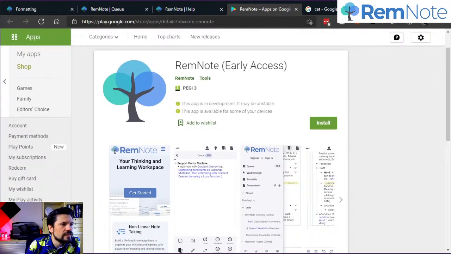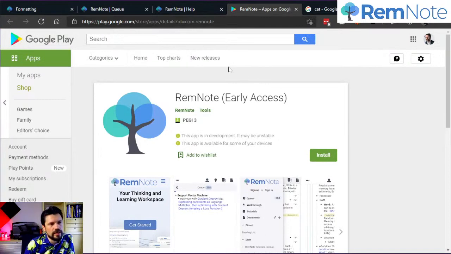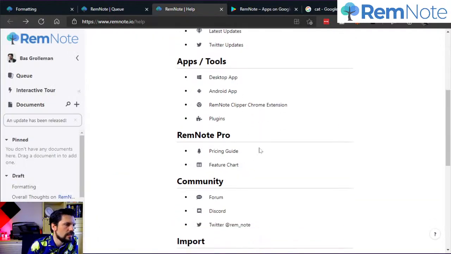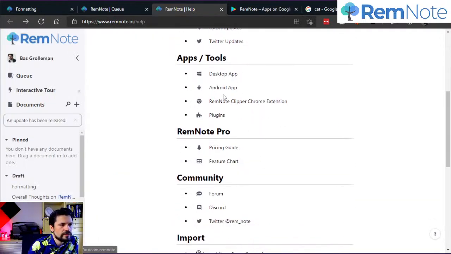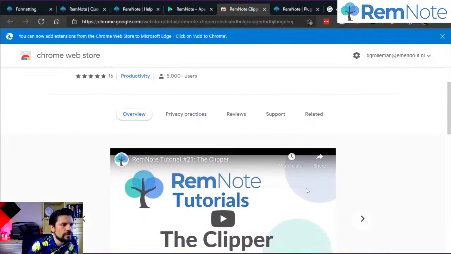This is definitely very well done. You can see, okay, it's early access, but still, it's there. Then there's a clipper and plugins. Now, when I have a quick look at both of those,